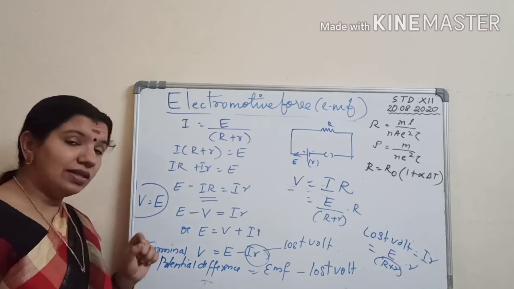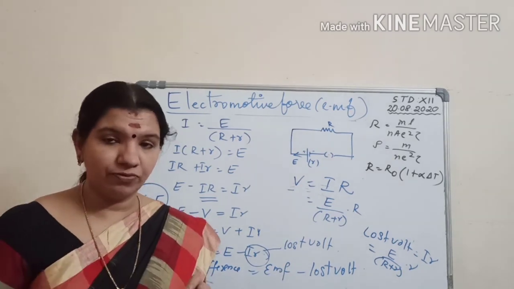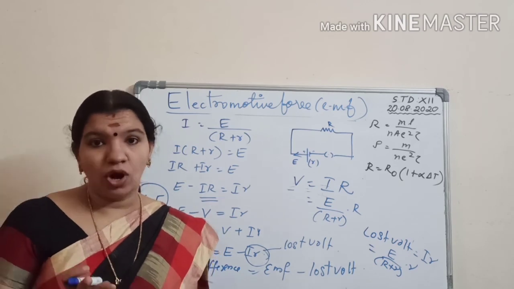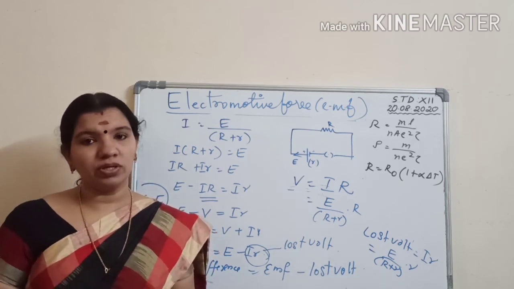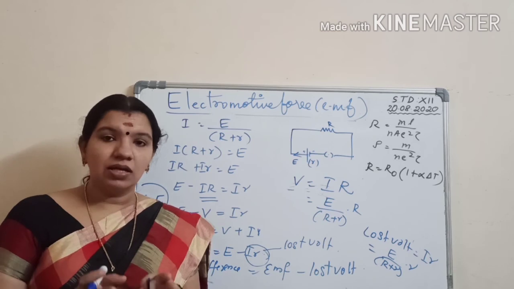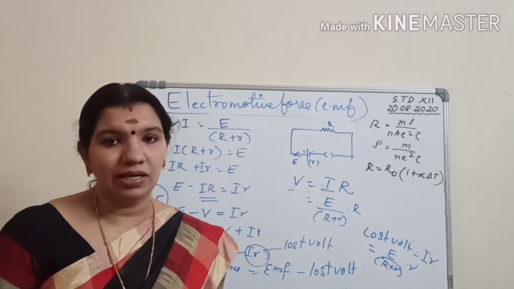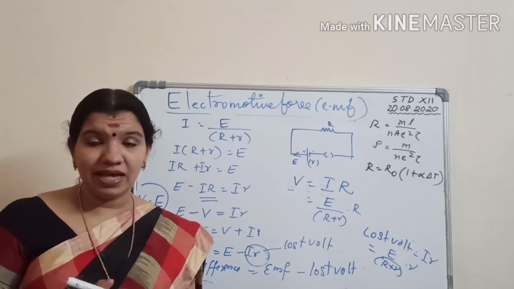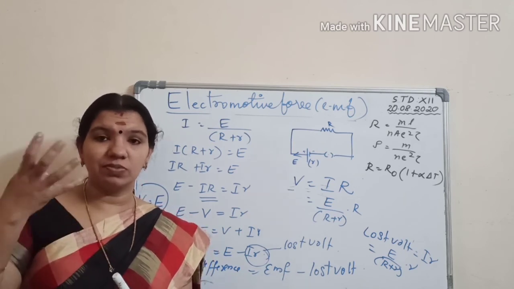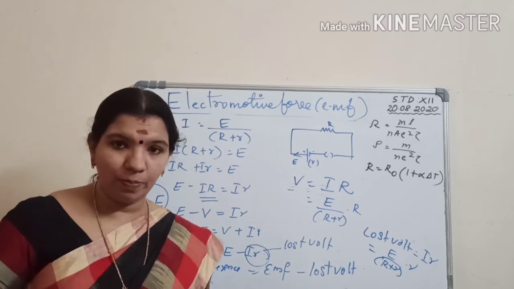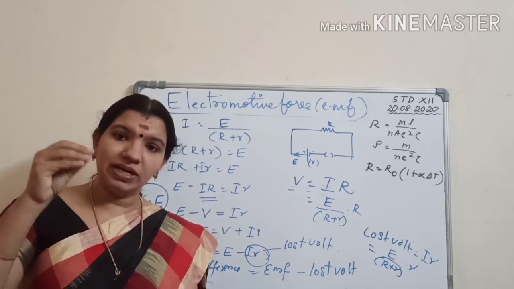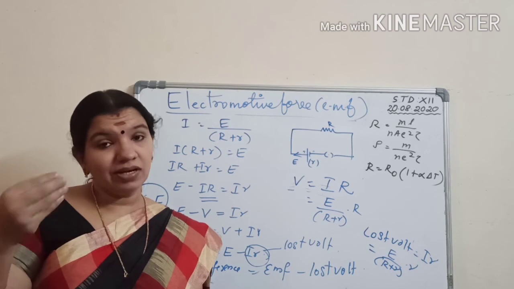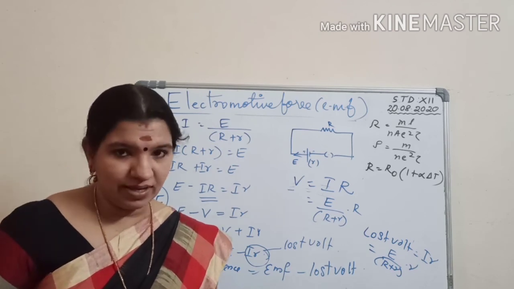That is when there is no current in the circuit. That is when the circuit is open. If it is an open circuit, no current is flowing through the circuit. In such a case, the potential difference and the EMF will be equal. Understand? The EMF of a cell means what? The potential difference between the terminals of the cell when it is in open circuit. Now it turns to be terminal potential difference when it becomes a closed circuit, isn't it?